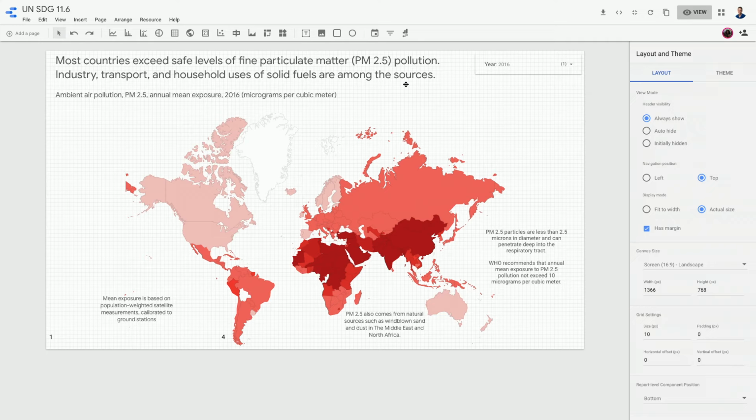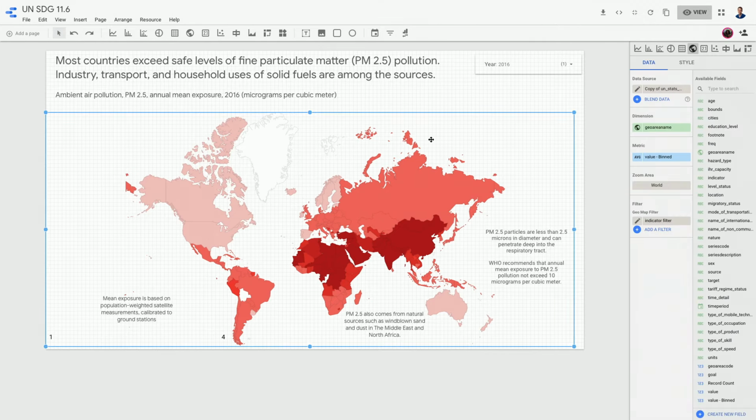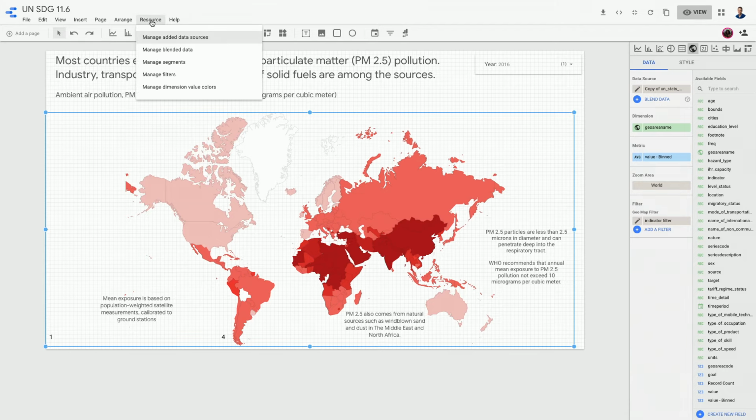But let's take a look at some of the features of Data Studio that have helped us create this visualization here. So I'll select this geographic map that we've created, and you'll see it pops up a list of your available fields here on the right side, and a list of the dimensions and the metrics that you're measuring here. So let's dig into how we can add data sources,